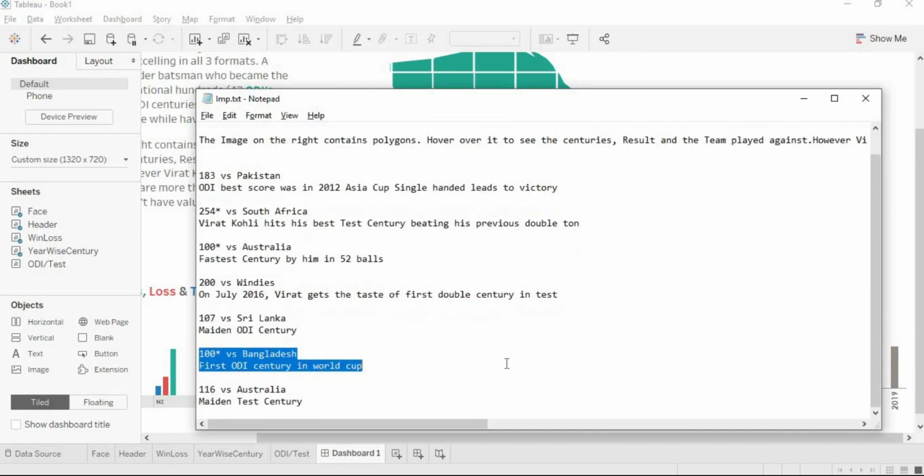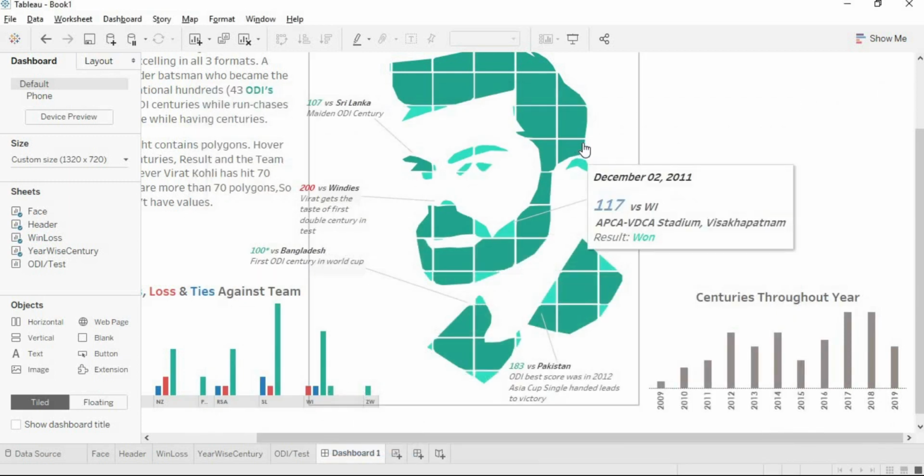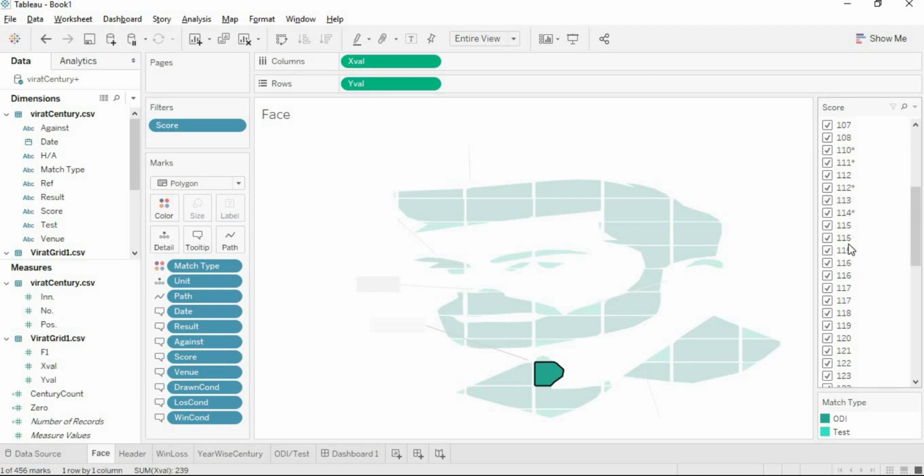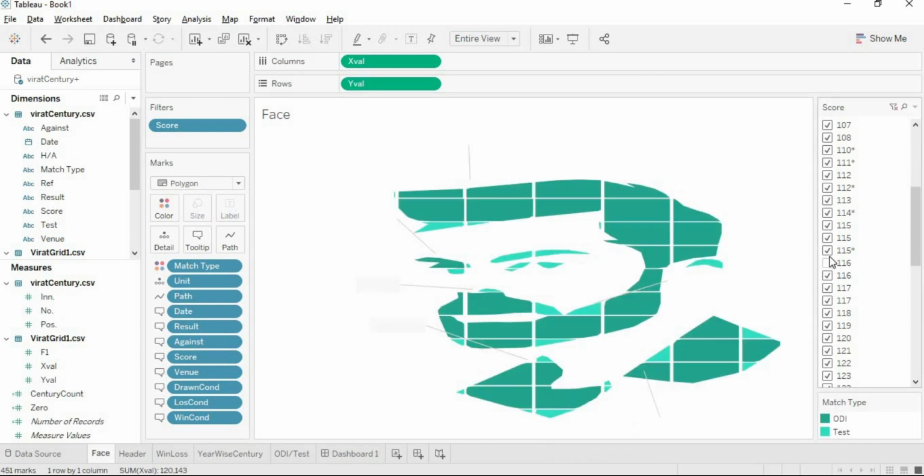So let's find the other one. Okay, this is the last. Copy. Let's find the 116 score. Where is 116? Okay, there are two. Let's find the 116, where it is.